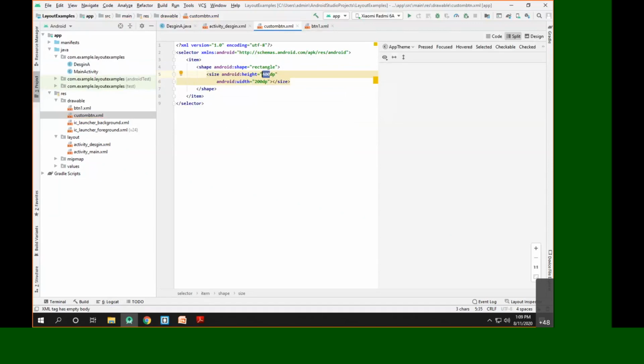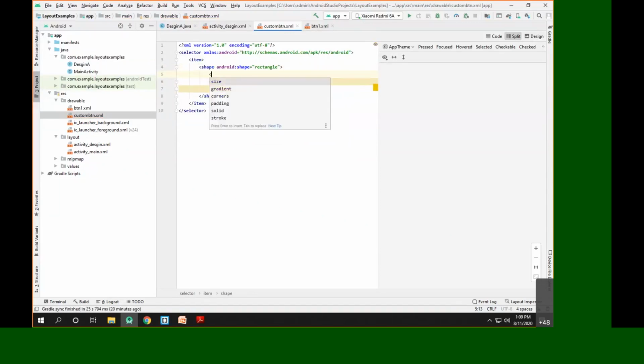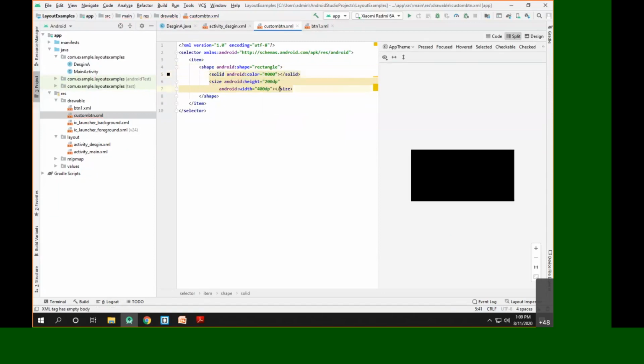So height should be less and width should be larger. Okay, and then we can add a color to this particular button. So I can say solid color as black. Now you can see one rectangle is visible to us.